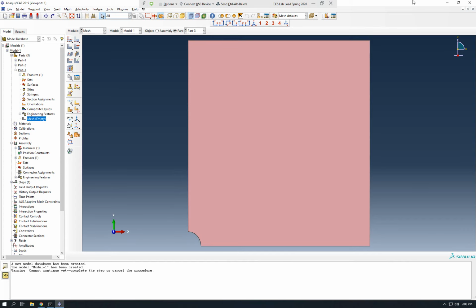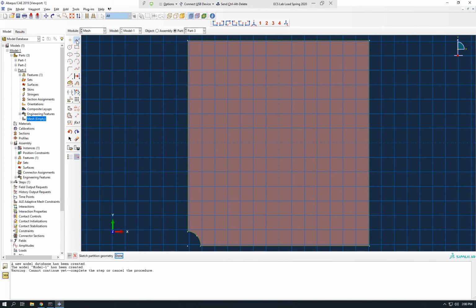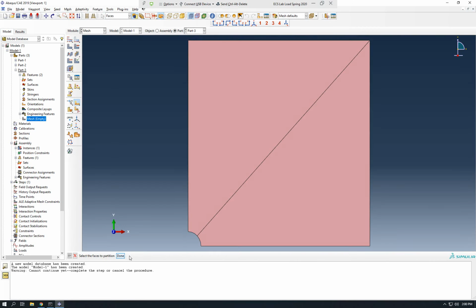First, to cut this whole thing, it is a surface. So we're cutting a surface, and I'll use this partition face. Using this line from here to the middle of this, escape, done. We cut this in half. Then we wanted to choose the point at the middle of this line. So to do that,